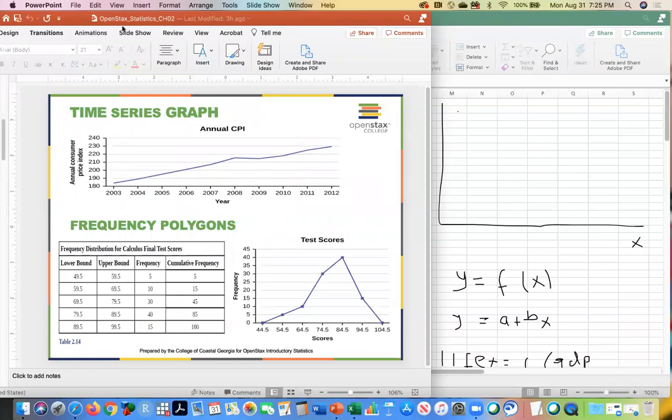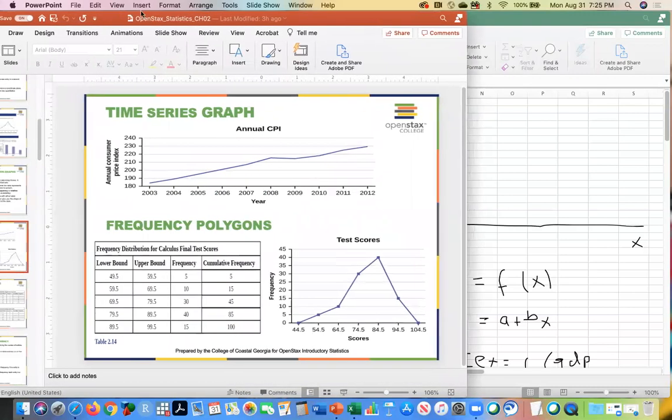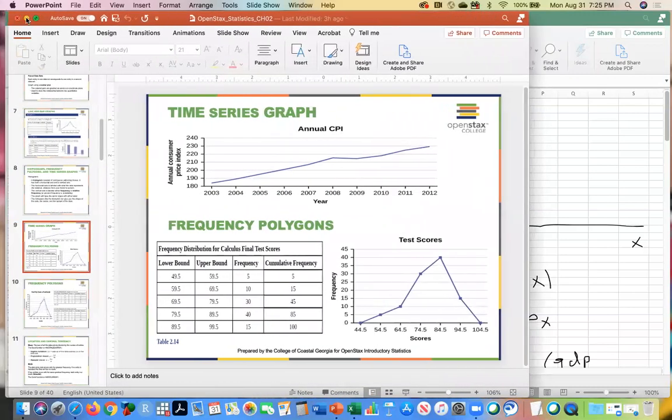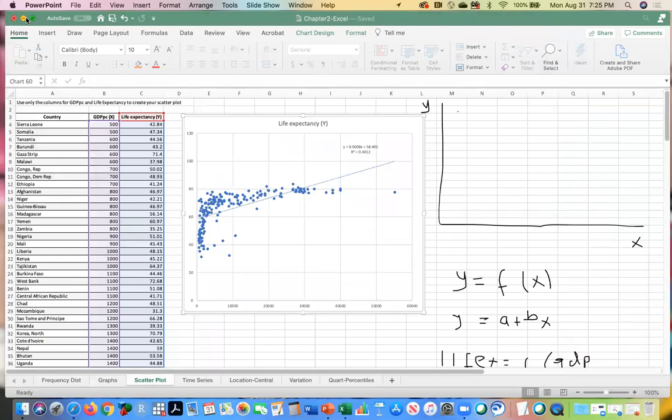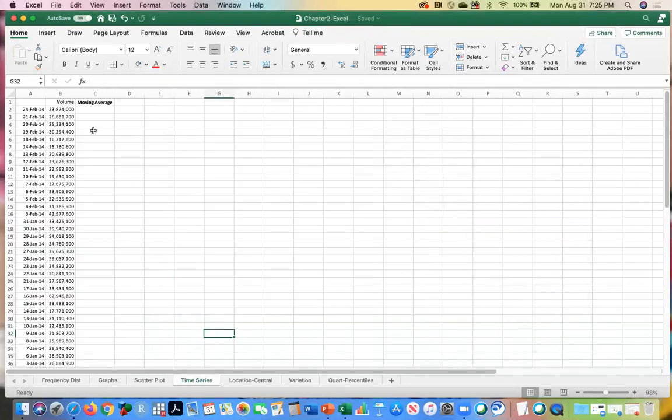This time series is a very nice way to represent information. Just imagine that you are following what is happening in the stock market every single day. You are collecting data on the closing number of the Standard & Poor's 500 or the Dow Jones. So that's what I did here. I want to know the trends of my information. So this is the stock market. This is the Dow Jones